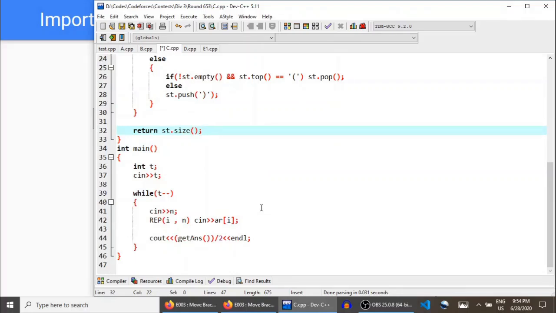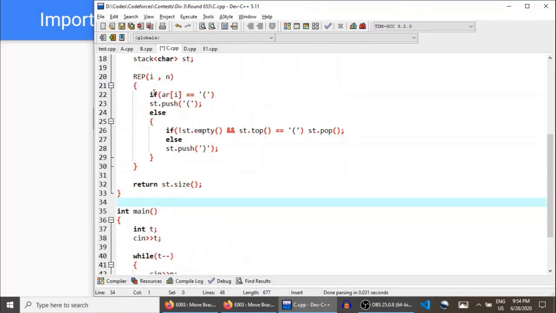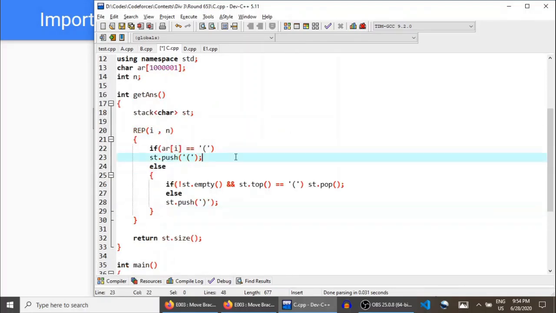If you have any doubt or query, you can ask me in the comment section. I'll be putting the link of the algorithm. Bracket balancing or something like that is the name of the algorithm. I'm not very good with remembering the names of things, so I'll be putting the link of this algorithm that we are using to remove all of the substrings which are valid bracket sequences. This is a greedy algorithm. I'll be posting the link in the